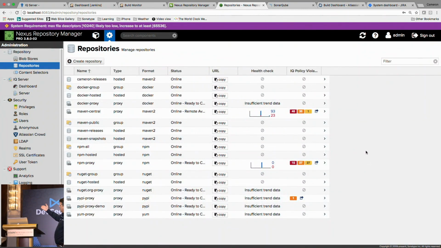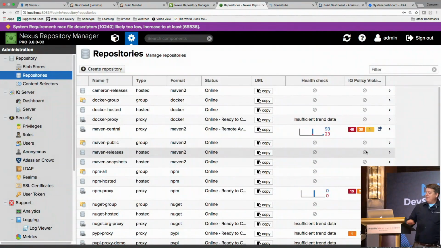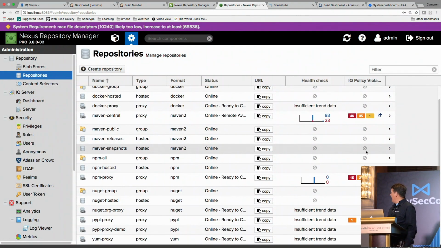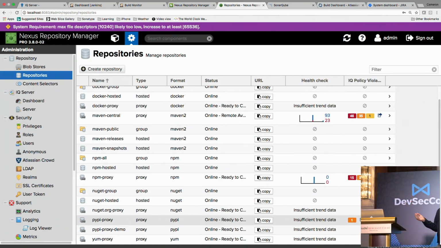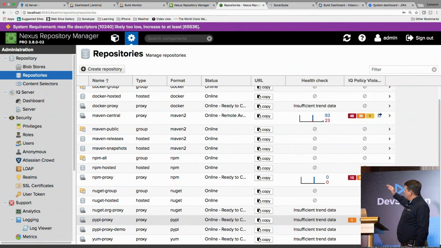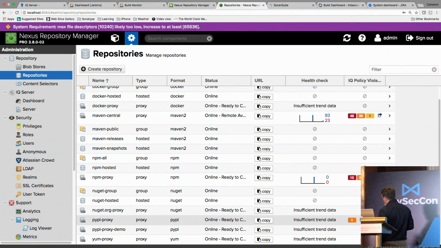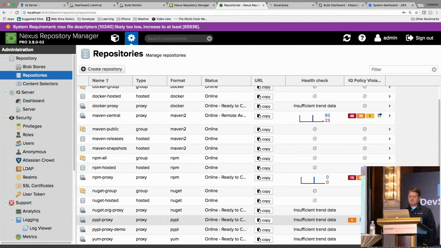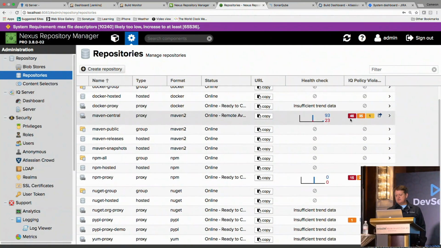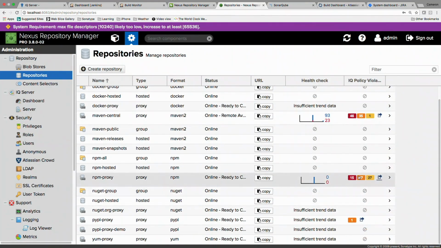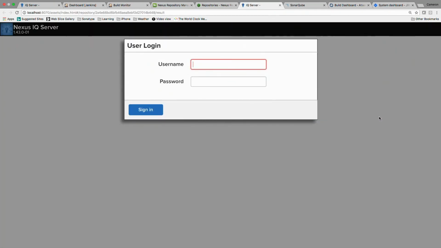Okay. So here's the repository manager. And this is the list of all the libraries that we've downloaded. I've got Maven, I've got NPM, and I've also got PyPI in this particular example. But for each of these different frameworks, and Docker and all the other languages, I've got a health check. So I can see, for example, in my Maven repository that I've got 46 critical issues and 35 severe issues. I've got 15 critical ones in my NPM. And I've even got them in my PyPI, in my Python. So I can actually click on that and log in.